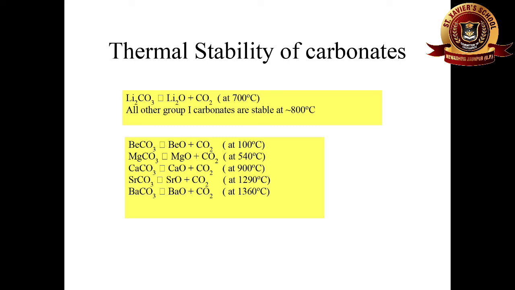But if we talk about the stability of carbonate, then the stability of carbonate is directly proportional to the size of the element. On decreasing the size of the element, the element has the capacity to form oxide more readily compared to the carbonate. That's why at low temperature, the carbonates of smaller elements decompose into oxide, such as barium oxide, and carbon dioxide gas.